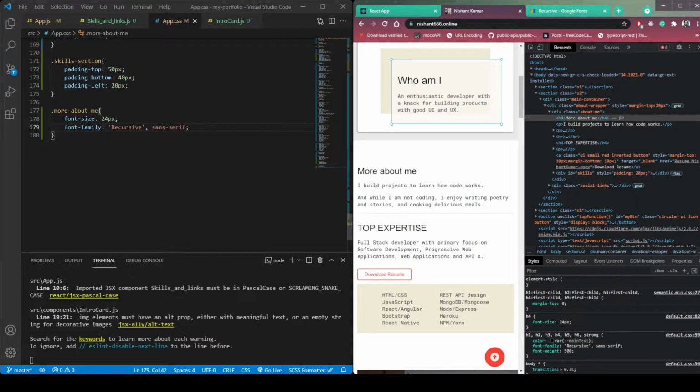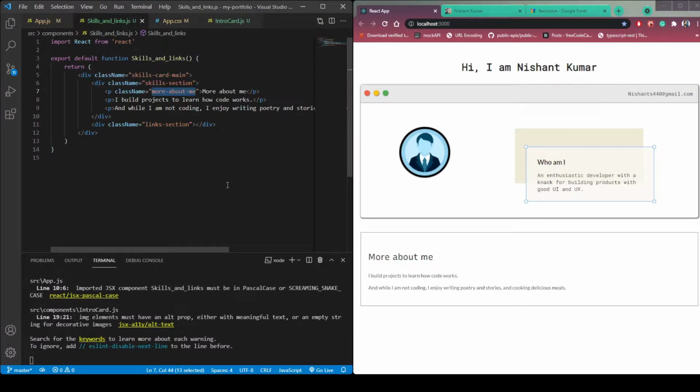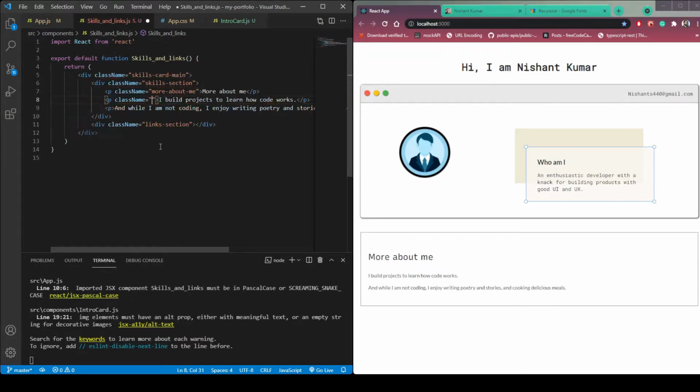Now we need to give this class name for these two paragraph tags. So let's say skills text, skill text.